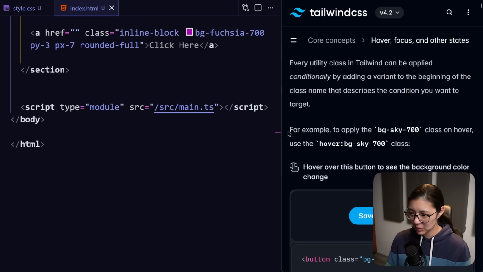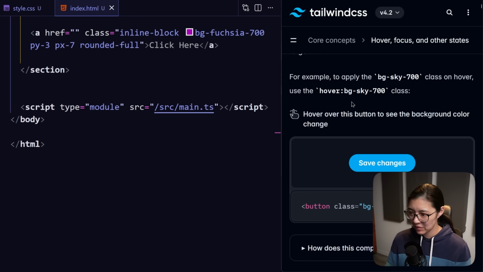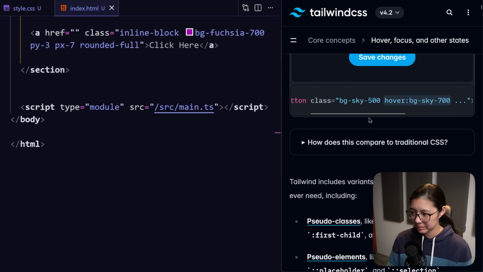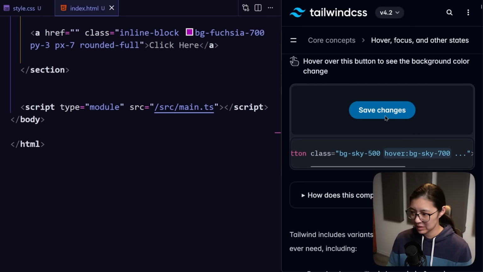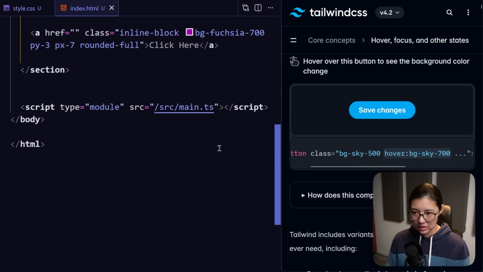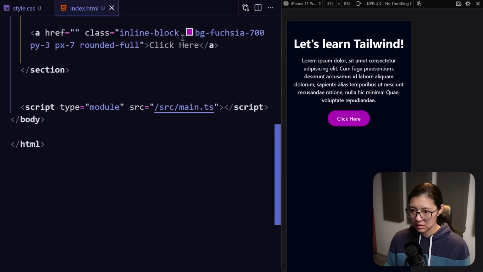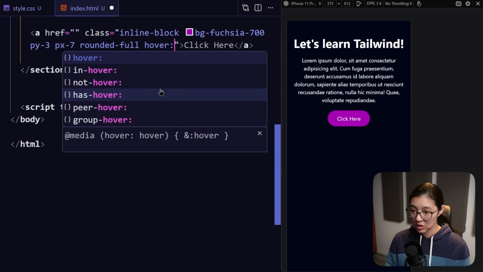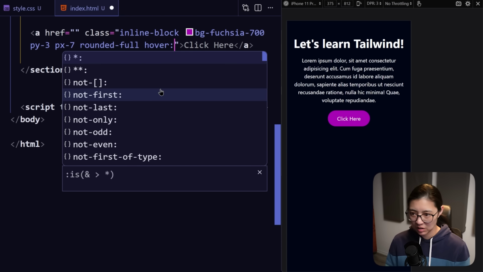Okay, so it looks like we can add a hover state by using this hover: prefix before the color. This is basically doing what we want. It's changing the color from BG Sky 500 to BG Sky 700. So let's do that. So in the anchor tag, we'll say hover: and we want to change the color,